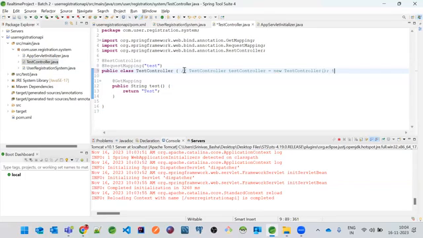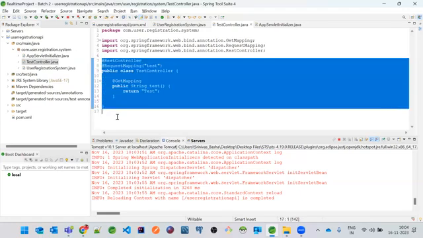Then only we can do testController.test. This is how basically we do, right? If there is no object created, then how will this class be initialized?